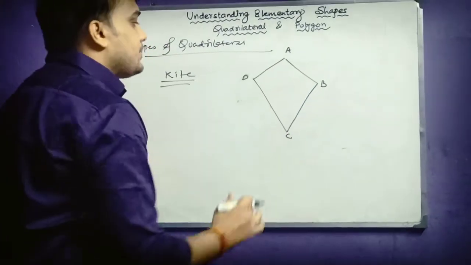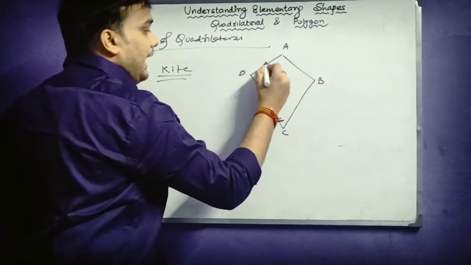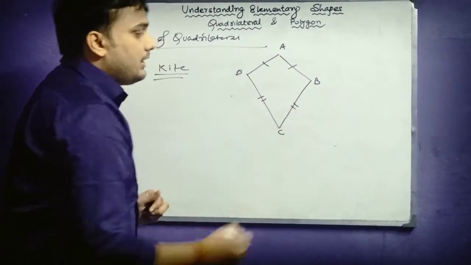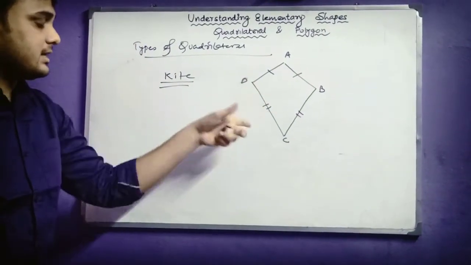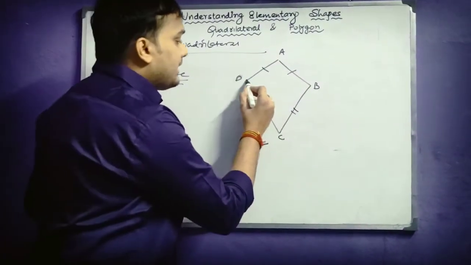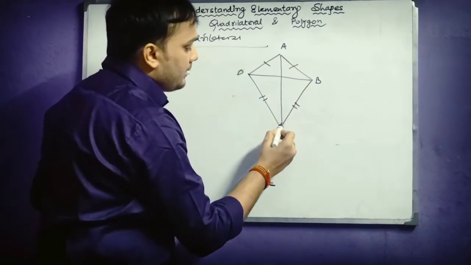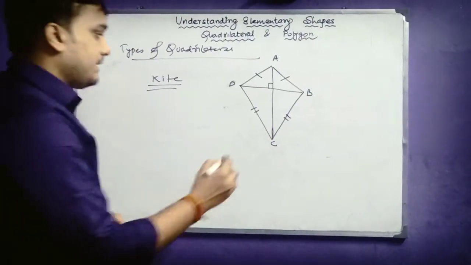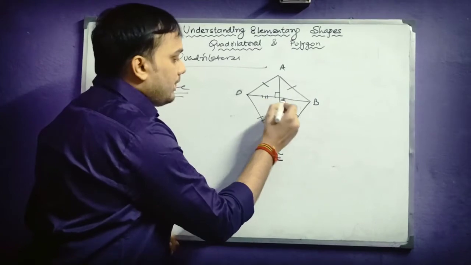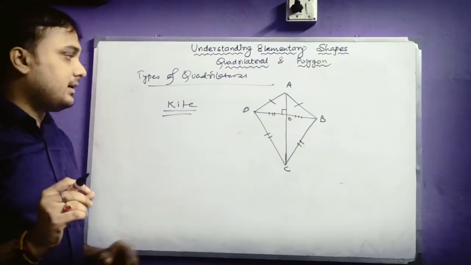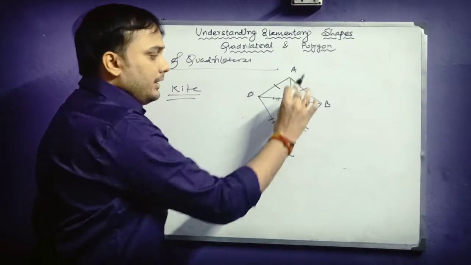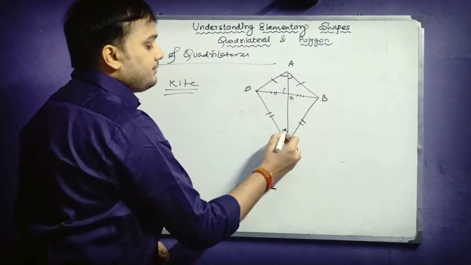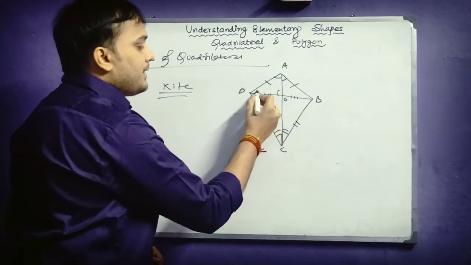Okay, so the property of a kite is adjacent sides are equal. Adjacent means in this sense, and here these adjacent sides are equal. This is the first and important property. Adjacent sides are equal. The next property is diagonals intersect perpendicularly. So you can see here diagonals are perpendicular to each other and one diagonal is bisected. That is DO equals BO. Only one diagonal is bisected but not the other. As you can see, OA is never equal to OC. The next property is these two angles are equal. Okay, and you may also say this angle is also equal.